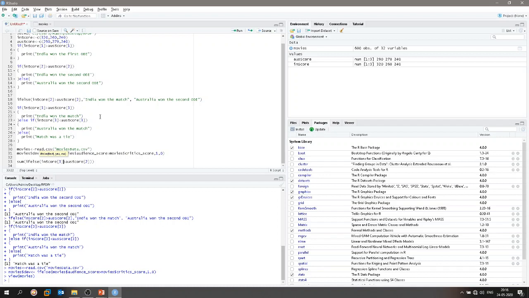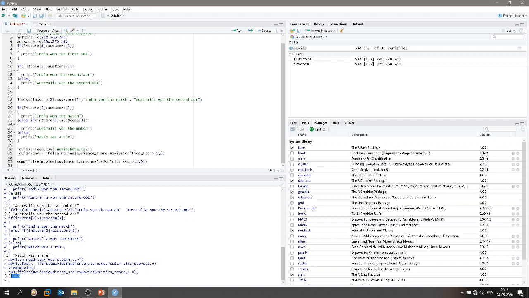Okay, so I can copy it now from here. Okay, so this is the function, and if I run this,